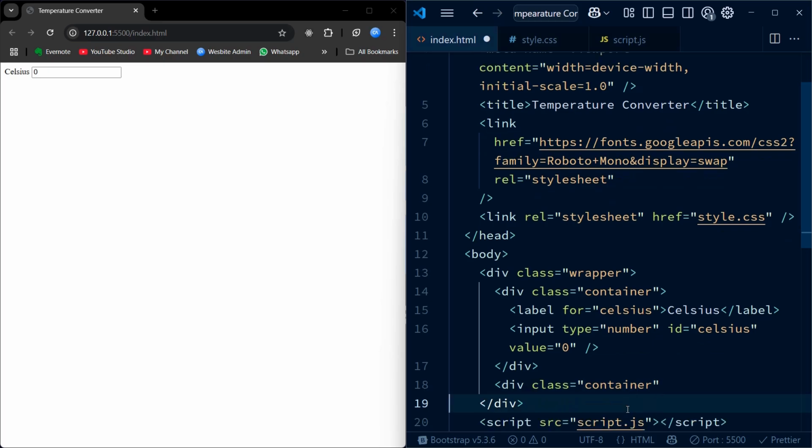The reason I am using input type number is to restrict the input to numeric values, which makes the calculation simpler and avoids validation issues later on.